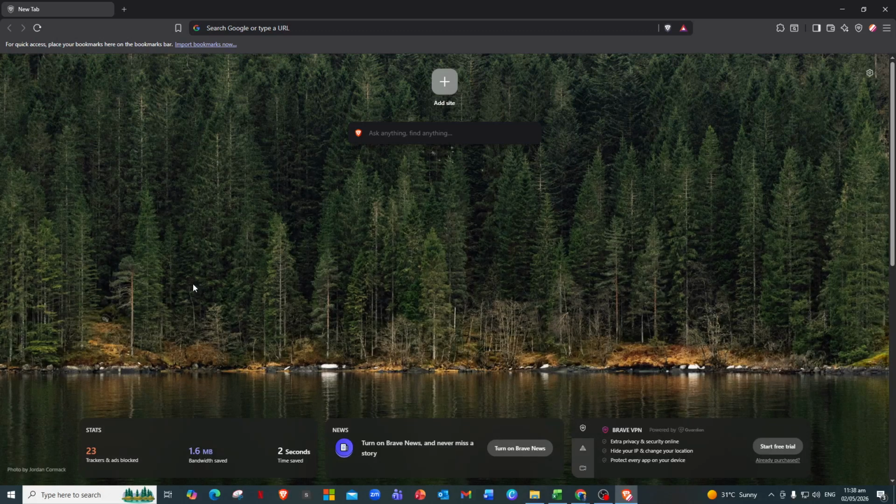In today's video, I'm going to teach you how to add site shortcuts on Brave browser. When you open Brave, you'll notice the Start page, also called the New Tab page. This is the screen that shows up every time you open a new tab or launch the browser. Along with the background image and stats, you'll usually see a row of website tiles or icons. These are your shortcuts, and they let you jump to your favorite sites with a single click instead of typing